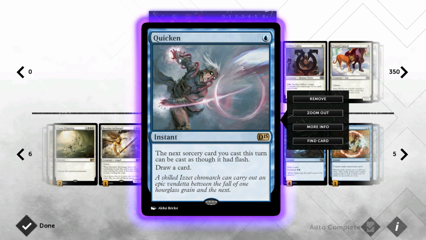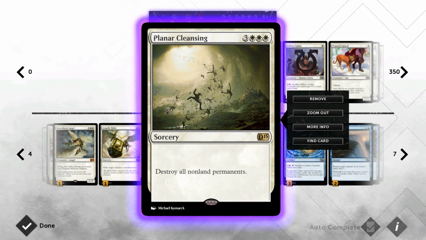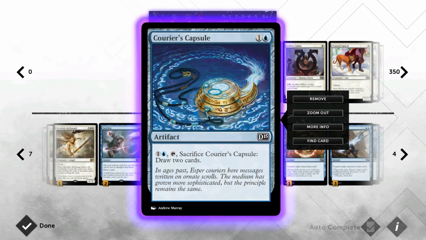So the sorcery into instant is very relevant with cards like Planar Cleansing, as you can use this on the opponent's attack step instead of having to tap out in your own turn, and it also works with Angelic Edict in the same way. Then we've got Courier's Capsule as a 2 mana artifact,